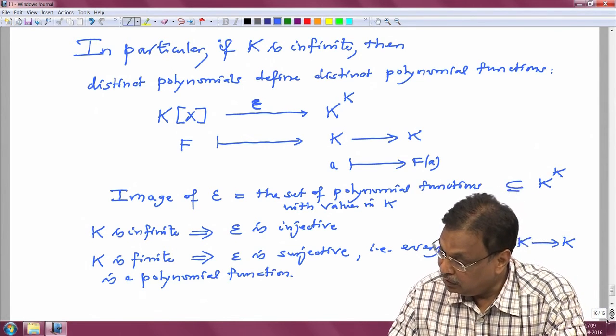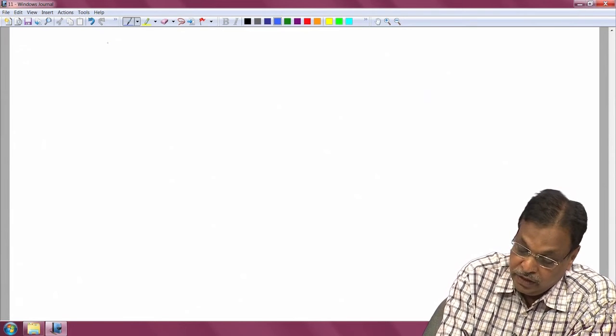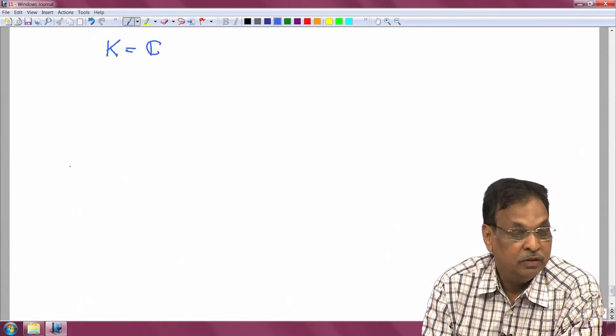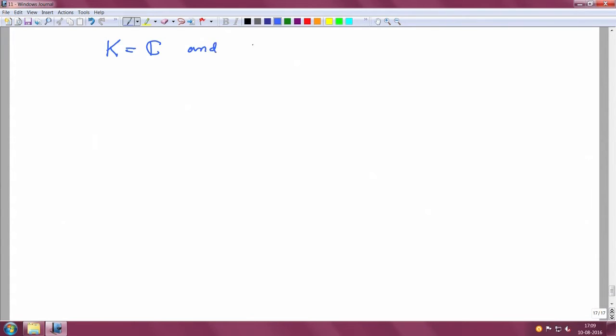Just one example, just to digress. Let us now not take k finite and see what happens to this surjectivity. If k is the complex numbers, and suppose I take a function phi, a function from C to C, defined by,